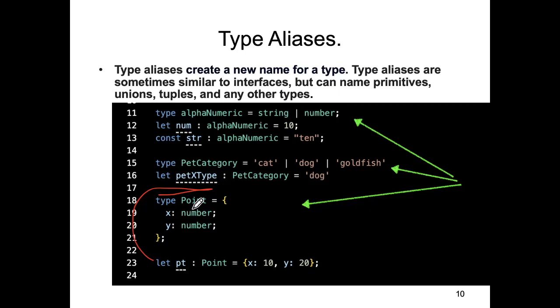Now, what you can do with these type aliases, though, which you cannot do with interfaces, is stuff like this. Here I'm declaring a type. I've named my custom type alphanumeric. And what I'm saying is that alphanumeric could be a string or a number. And so if I declare a variable of type alphanumeric, I can now assign it a numeric value, and the compiler won't complain. I can declare another variable of type alphanumeric and assign it a string, and so it won't